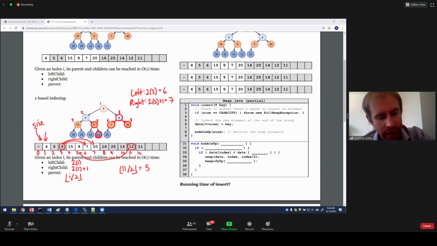So again, I know I erased this, but the formula is just a little bit easier if we use 1-base indexing as opposed to 0-base indexing. But again, both of them are still constant time. We can access these really easily. I just wanted to make note of this because